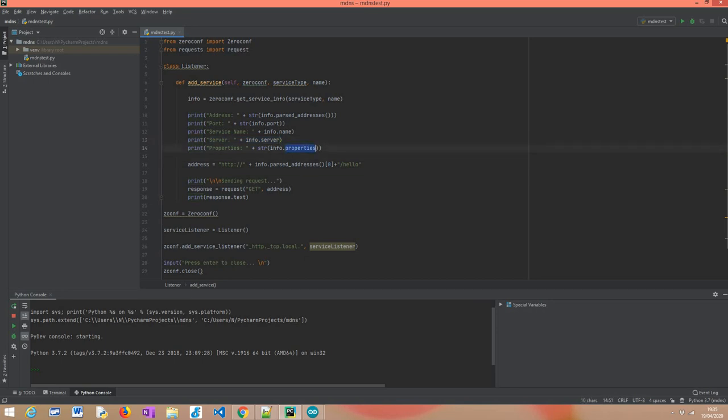And then the properties. This is a property that contains a dictionary that has all the properties that we have defined for our service. Again, it's not mandatory that we define properties for our service, but if we want to put some interesting or important information about our service, we can do it in the format of key values, and the data structure in Python that represents information aggregated in key value pairs is a dictionary, a very common one.